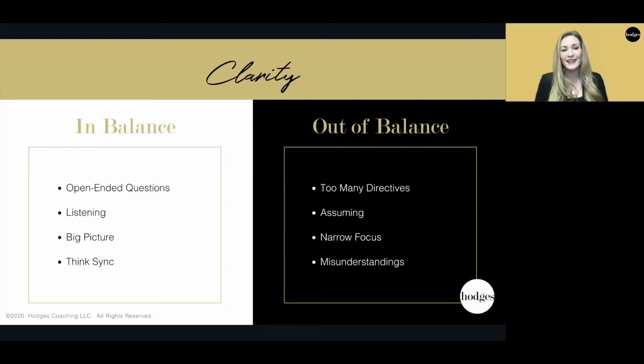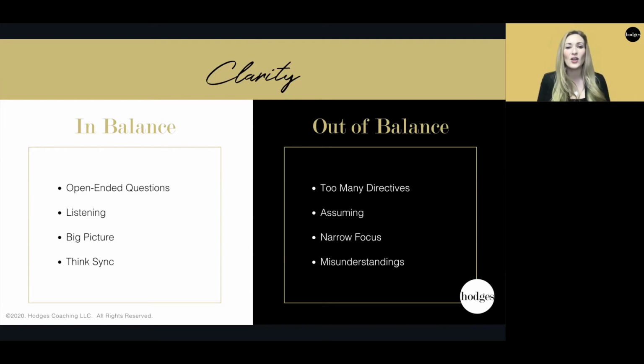But when clarity is in balance, there are lots of open-ended questions. What was your takeaway? What was your perspective? I'd like to hear your thoughts on it. And real, genuine listening, not just putting on a show, which I think happens sometimes, right? Like, well, I'm listening because I want them to feel heard, but I really have no interest in actually implementing their suggestions. Really implementing and kind of asking yourself, wow, is their idea better than mine? If so, then great. I hired an awesome person.